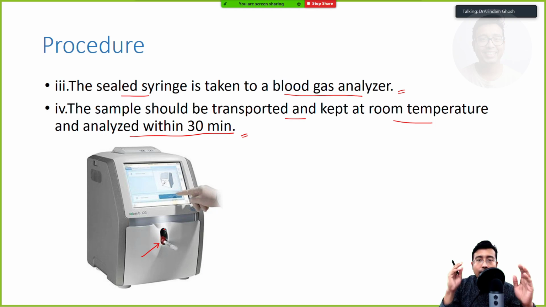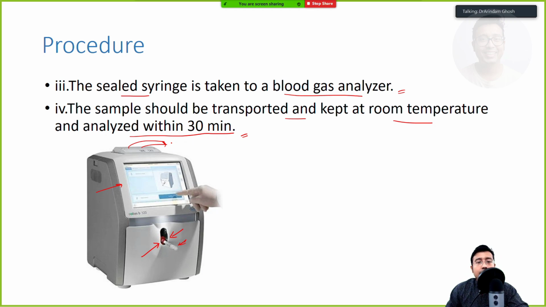So in order to minimize contamination with dissolved air, the system remains pretty closed. The syringe is directly inserted into the ABG machine, and ABG machines are made such that the syringe nozzle will fit directly into the receiving section. Thereafter there is a touch screen. Simple, we just need to enter patient data and choose the parameters. Suppose you need to measure pH, bicarbonate, PCO2, chloride, sodium. You just enter, and automatically this syringe will get sucked in and a printout will come from the top, which will give you all the data in a strip of paper that we are actually analyzing as our cases.